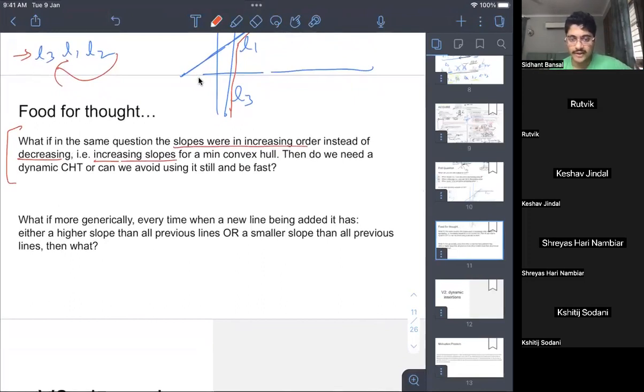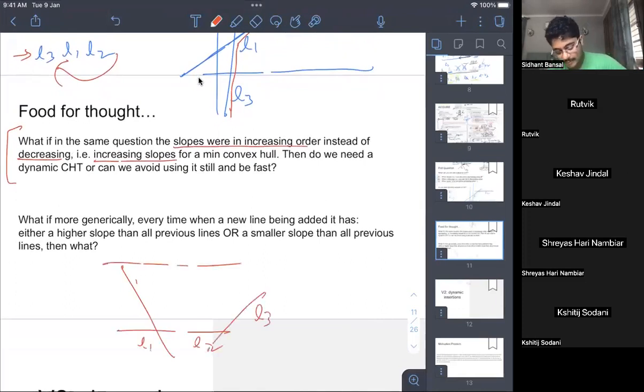reverse the problem. We'll be like, yeah, then it would be like, this is the first line, this is the second line, this is the third line, which is basically the same problem, just mirrored across the x-axis, which is not interesting. But what if you have increasing slopes, but still doing min hull,